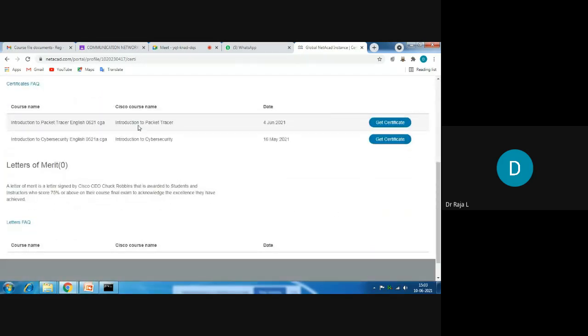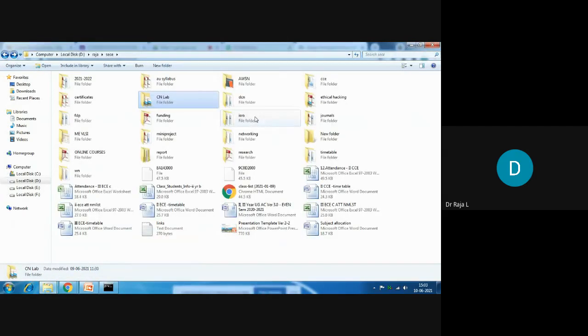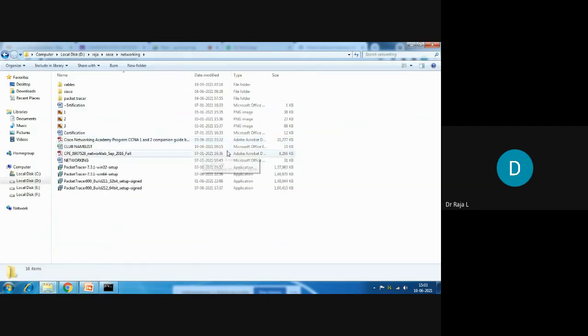For Introduction to Packet Tracer, you will get your certificate in your profile login. If you just press this one, you will get that certificate. How the certificate looks like, I will show you. These are the free things that you can do, and you can enhance your profile.